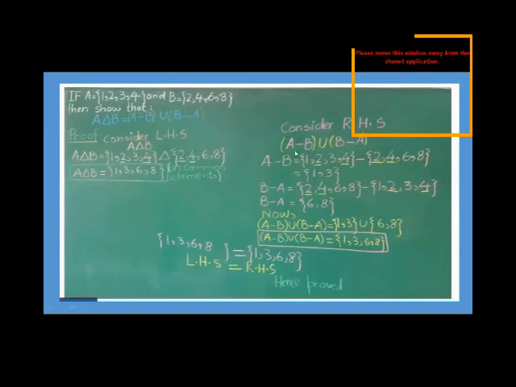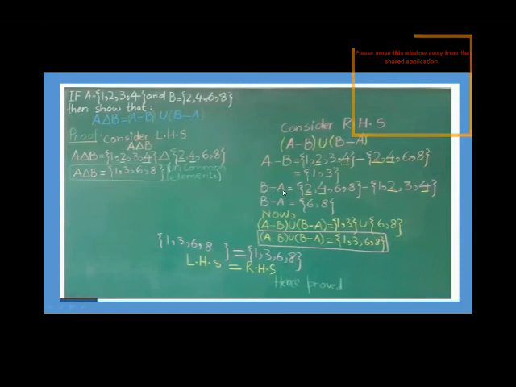Consider the right hand side where A minus B union B minus A is given. For finding this, first of all, we solve the bracket, which is A minus B. Write set A, minus sign, then set B. Find the common elements in both, neglect them, and then see which set is given before the minus sign. We observe that set A is given before the minus sign, so we will write only the uncommon elements of set A. That's why we write here 1 and 3, because they are the uncommon elements of set A.